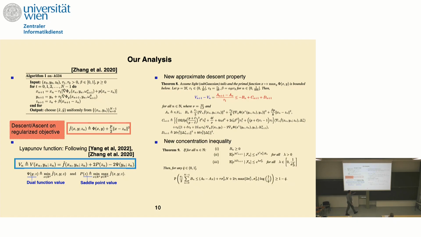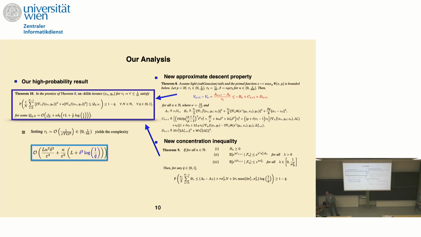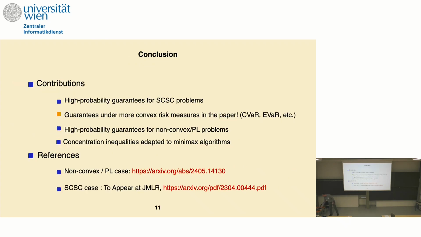We had to extend our concentration inequality to be able to apply the results. But at the end, if you have the right descent and the right concentration, then you can show that essentially your average of the gradients will be controlled. And it turns out that if you choose the right step size, you don't have to pay too much for this. So if I want to summarize,